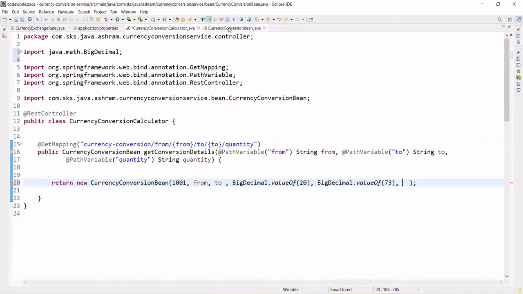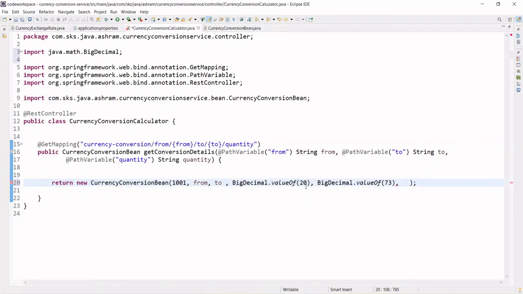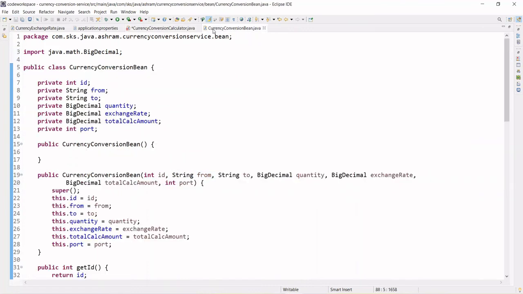So quantity, we don't need to do this since the quantity is already coming from the parameter. So we can pass the same parameter, quantity, right? And thereafter the other parameter is total calculated amount.